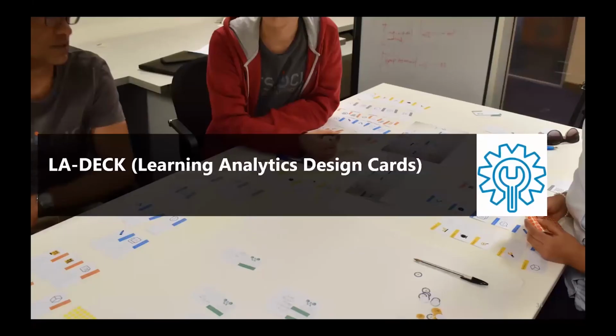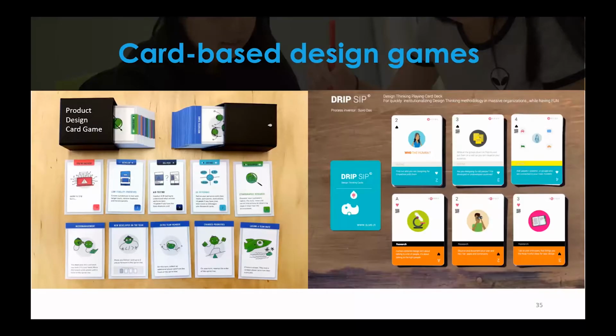The second adapted tool, a new tool that we call a card-based approach, brings playing activity to co-design activities. Card-based design games are used in other fields to break the design stages into usable cards and collaborate with other people that are not in the same department. You can have people that speak different languages, but they can use the cards to collaborate in an effective way.